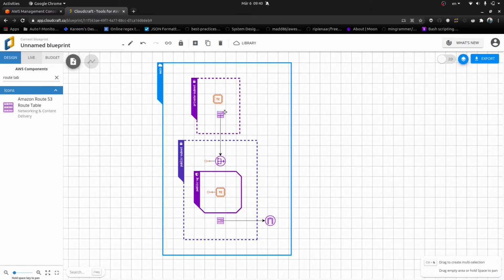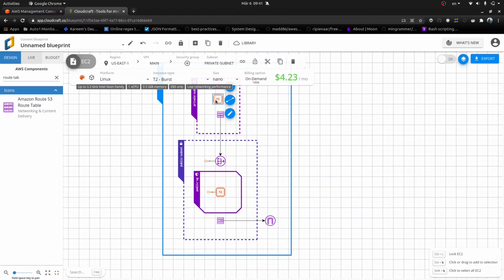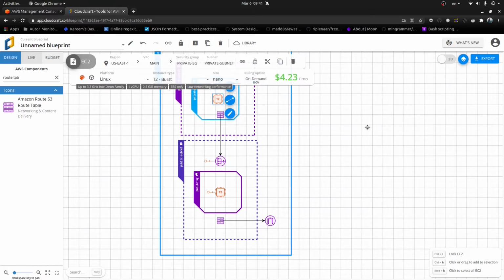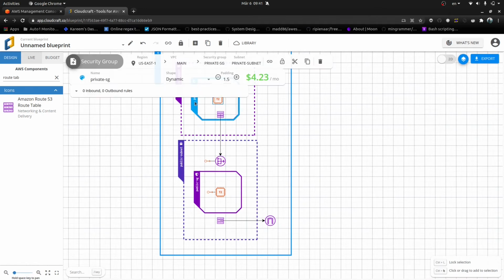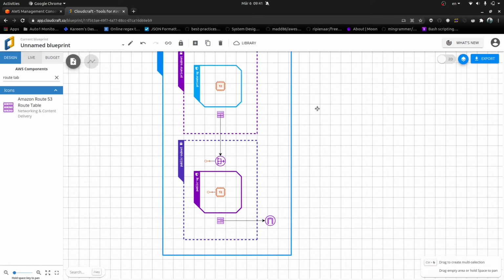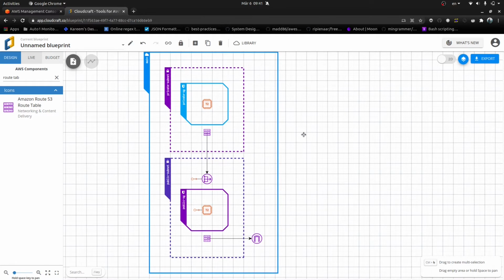Alright, and also for other instances in the same VPC to be able to SSH to this instance and to access port 80, we need a different security group as well. Alright, I think that's all I need to build for the infrastructure.